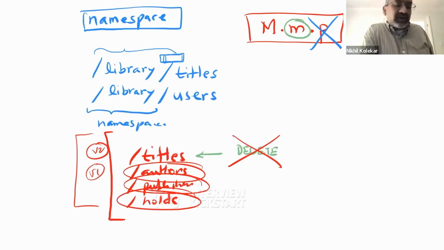So doing it at a product level makes sense, but that also means that something like dropping this delete on titles is going to force us to create versions for authors, publishers, holds, and everything else. It's not a big deal, because you may not be changing anything on those other resources for the second version.